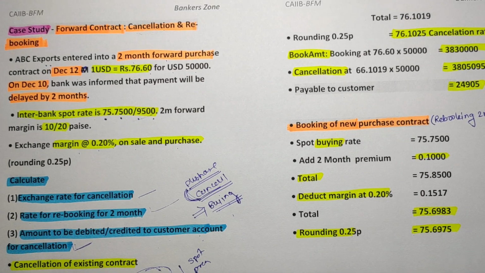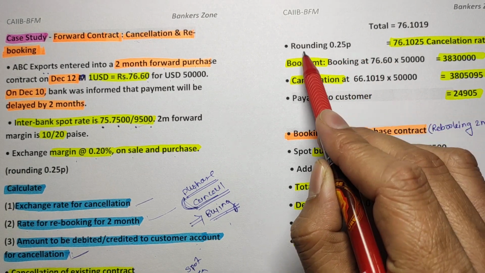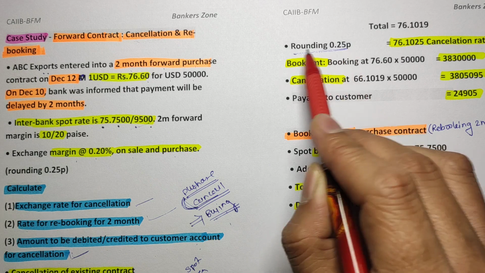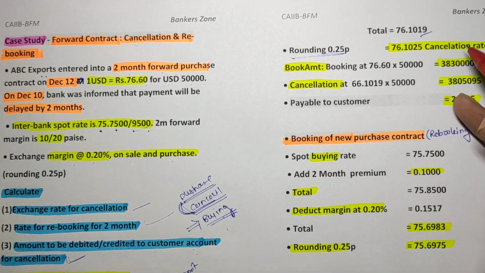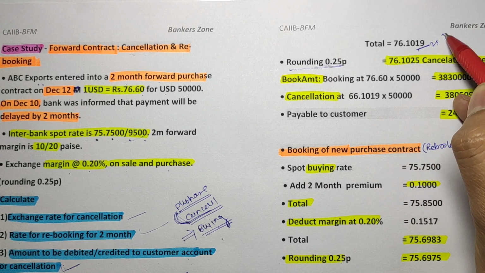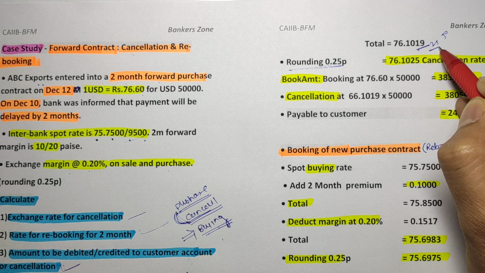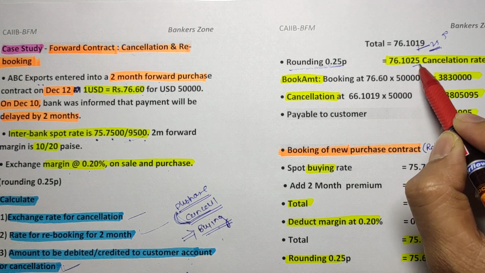Okay, after adding the margin, our next step is doing the rounding off. Rounding should be done after the decimal point, on the third and fourth digit. So 19 is nearer to a multiple of 25 or 50. It is nearer to 25. Okay, so the third and fourth digit should be replaced by 25.